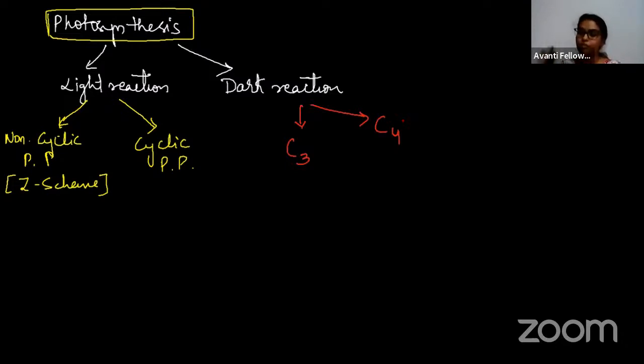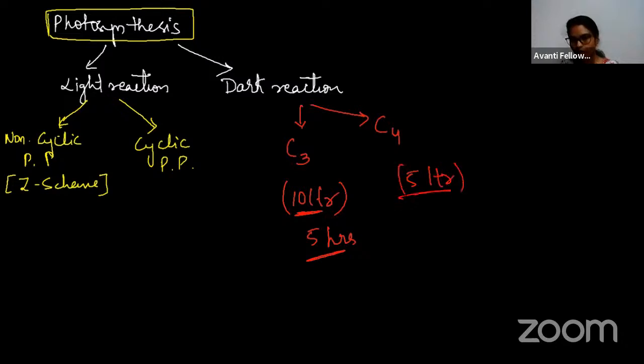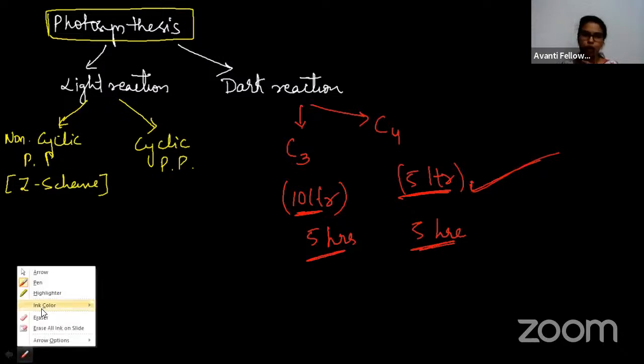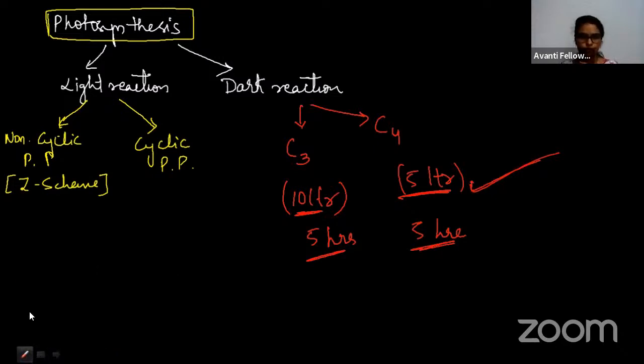But C4 plants are very efficient, very adapted plants. For example, for C3 plant, there is 10 liter of water needed, okay, to absorb within 5 hours. ठीक है, 5 hours में कंसिडर करो ये 10 लीटर वाटर कंज्यूम करता है. ठीक है, तो हमारा C4 साइकिल जो है ना ओनली 5 लीटर एब्जॉर्ब करता है. Only 5 liter is needed. I am not talking about just absorption, I am talking about the need of the plant. मतलब 5 घंटे में ये 5 लीटर पानी देता है. That is sufficient. That means these are more effective. Okay, C4 are more effective. Please remember that. Okay.